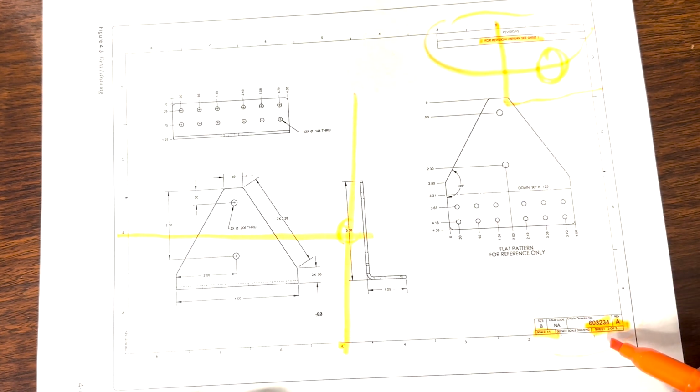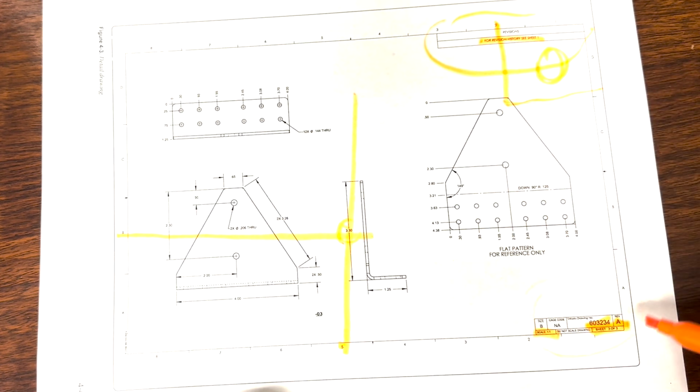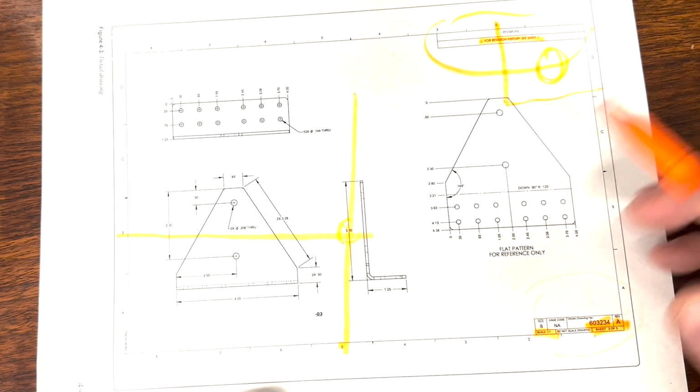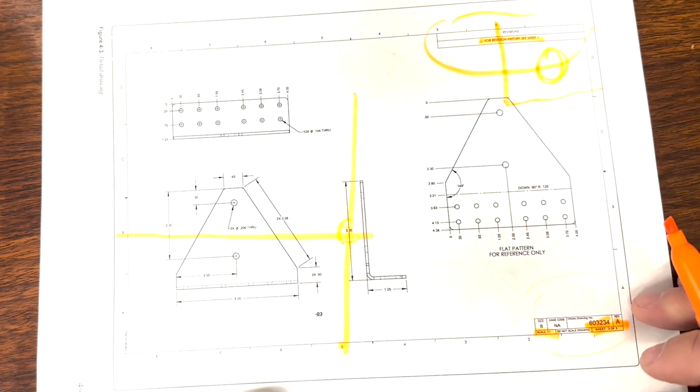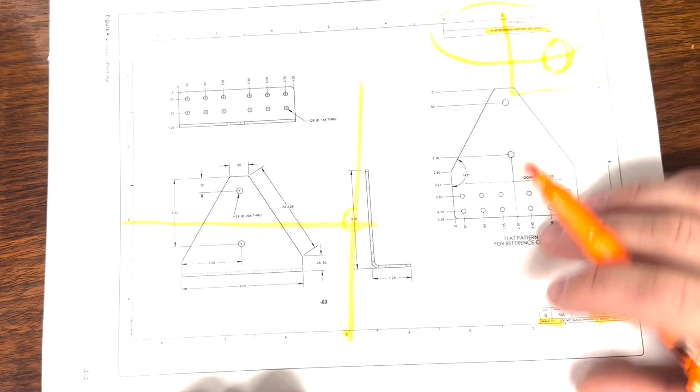Different drawings, this is especially true with wiring diagrams, will have multiple sheets, and so you want to pay attention to that. If there's something you're not finding or something you're confused about, a lot of times it's on another sheet. So if you just can't find it, come down and be like, oh, well, it's sheet 1 of 4, and then go find the one that you absolutely need. All right,